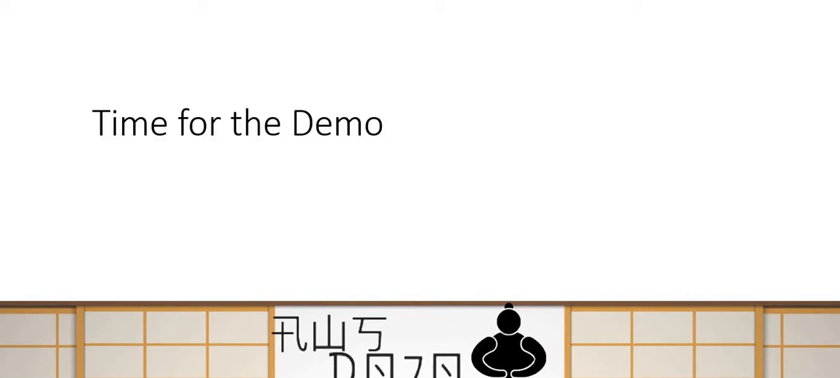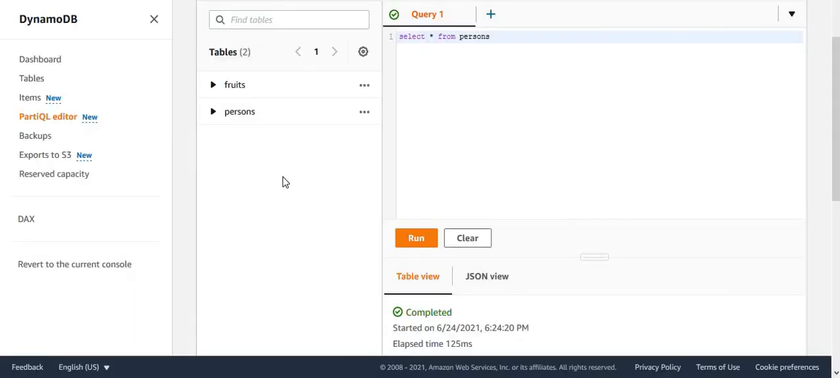So it's time to show you the demo and put this into action. For that, we have set up a Glue environment. What we have done here is that I have created two tables, fruits and persons. And this is a DynamoDB table. If I simply say select star from fruits, actually